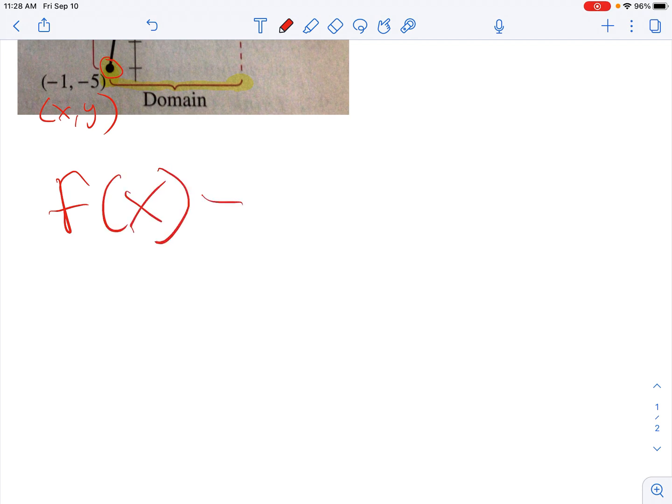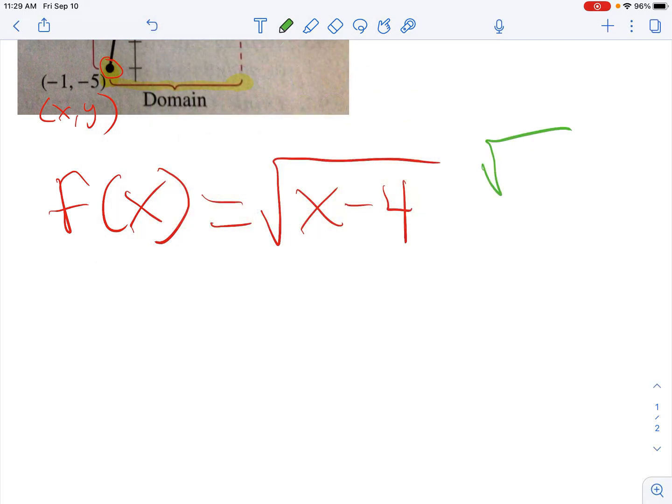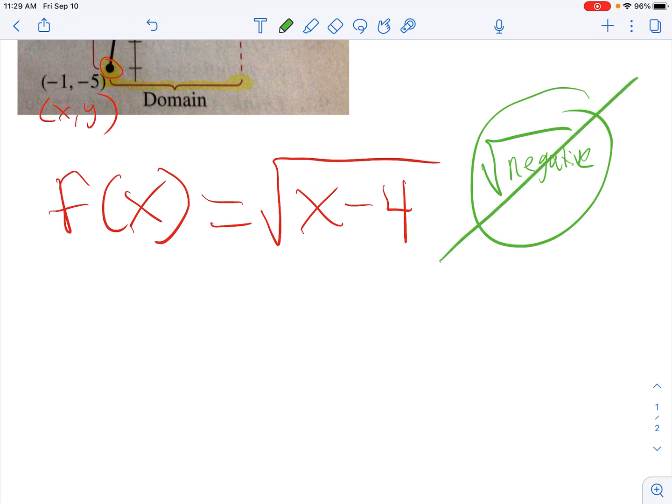Now, a couple other ways we may have to find domain and range is by looking at a function. So let's say that we have f of x equals the square root of x subtract 4. Now we know, we've talked about this, you cannot take the square root of a negative number. It can't happen. Okay, so whatever is inside my square root sign, it's gotta equal something greater than